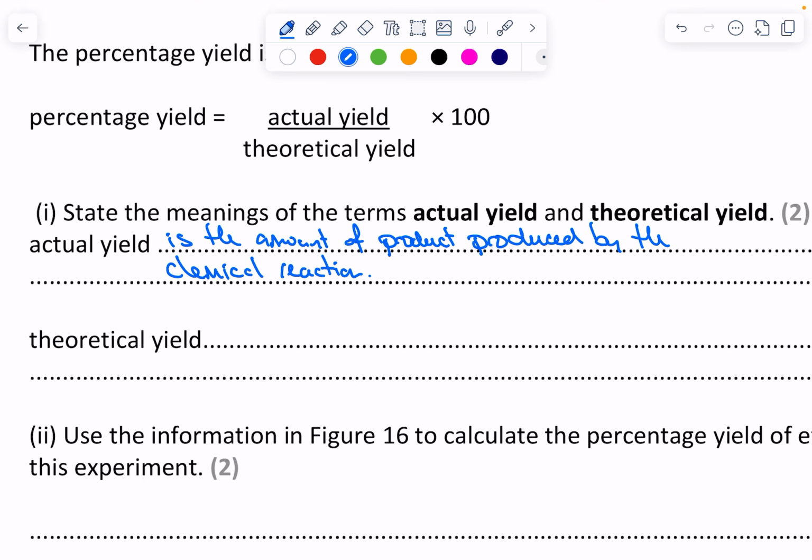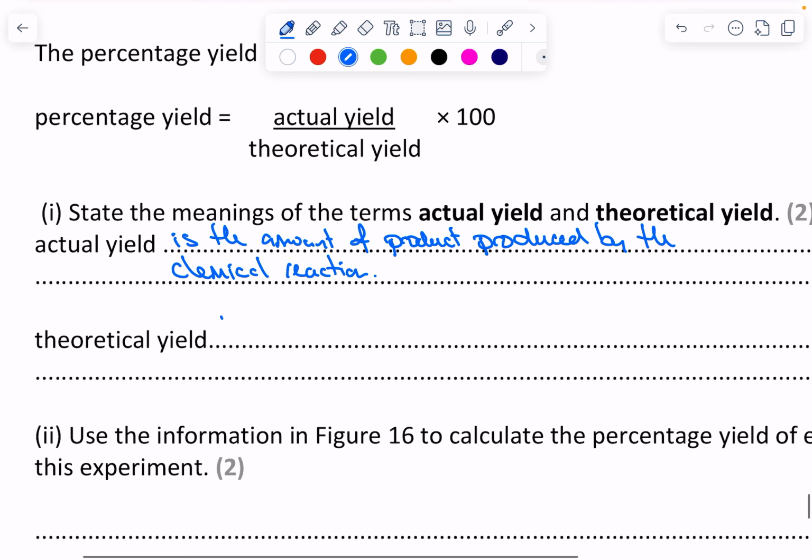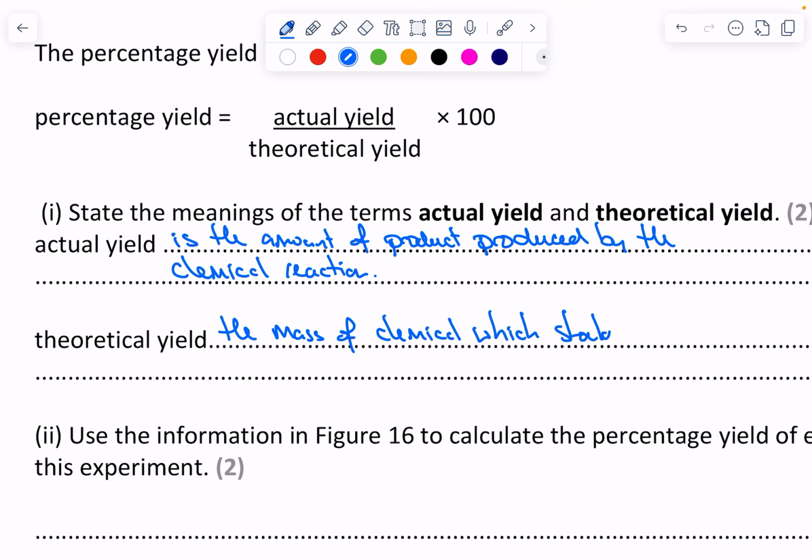The theoretical amount is the mass of chemical which should be obtained